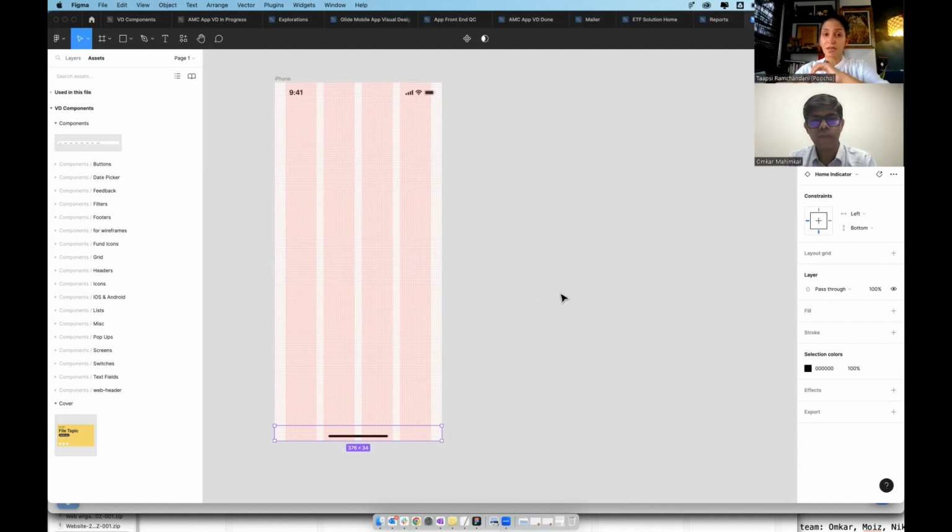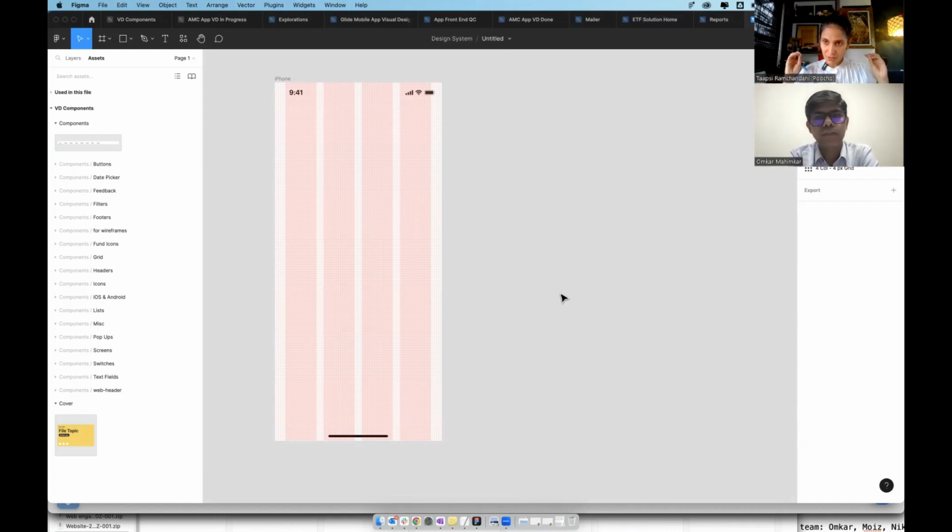So it's easy to start a project, is what you're saying. You just come in, you know how you want to set up your grid. You have something templatized already. You have your library set up, and you can just dive right in. Is this similar to, if you had to compare this to some other design tools that you've used,